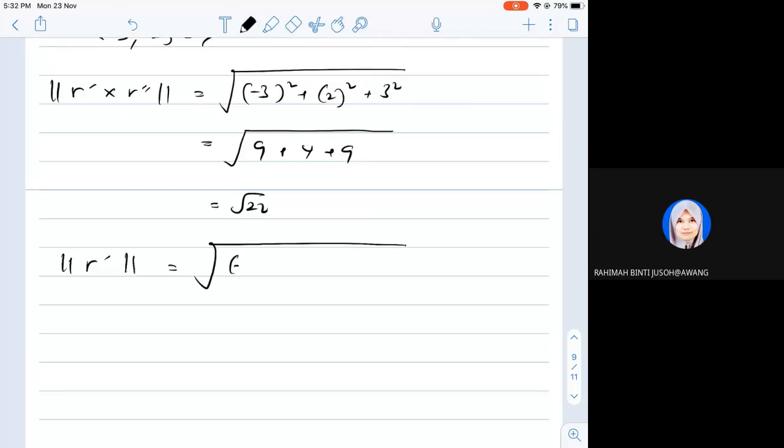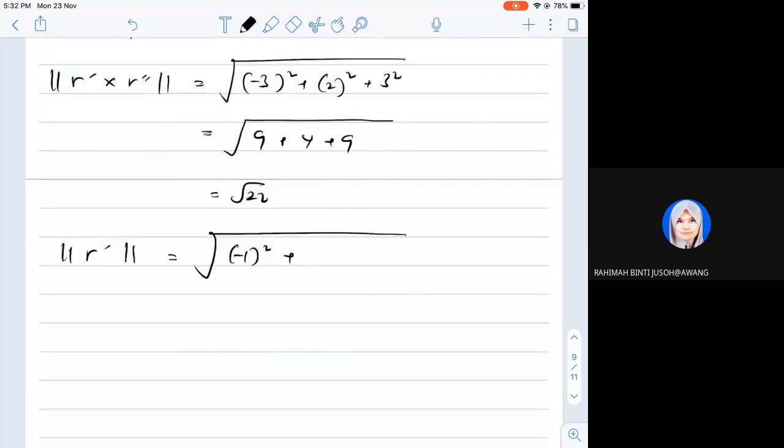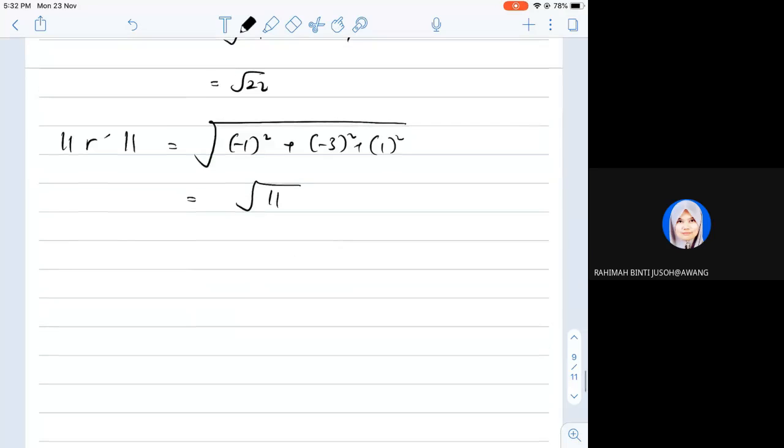Square root of negative 1 squared plus negative 3 squared plus 1 squared. So we will have square root of 1 plus 9 plus 1, 11. Okay, therefore,